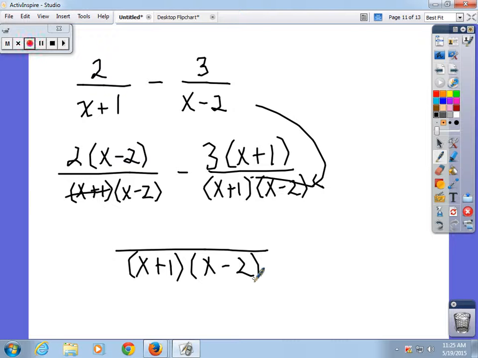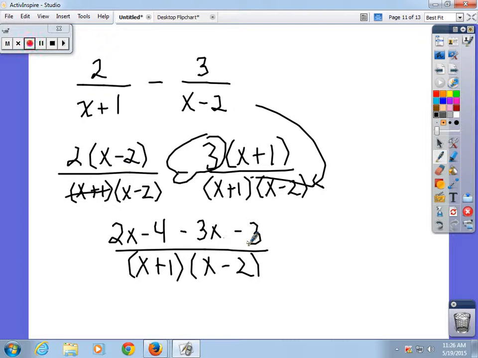Two x minus what? 4. Now, what about this negative 3? What does that do to life? It changes things. Changes this x to a what? Negative 3x,